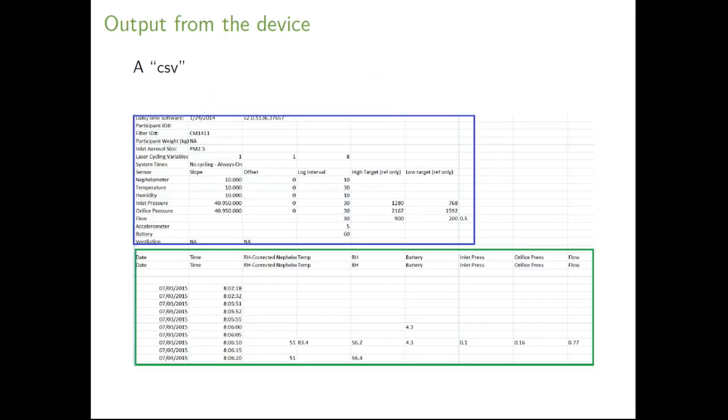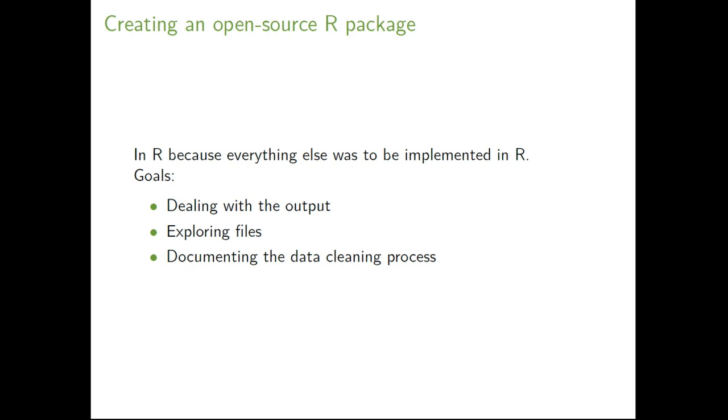So what the device gives you is a so-called CSV, .csv, but it's not a CSV. So you see there is the top of the file that has information about settings for your, say, 24 hours measurement sessions, and then below you have the measurements themselves. So this is not a tabular format that you can use directly,